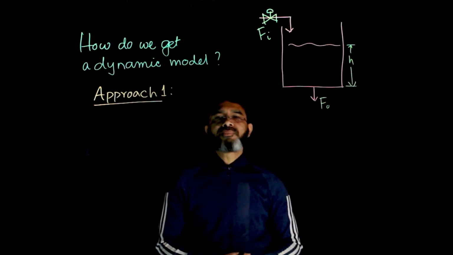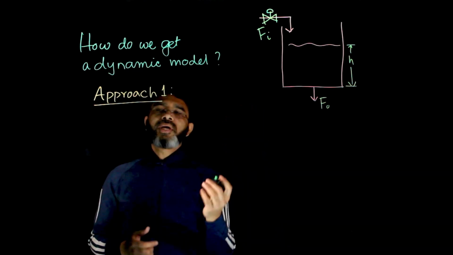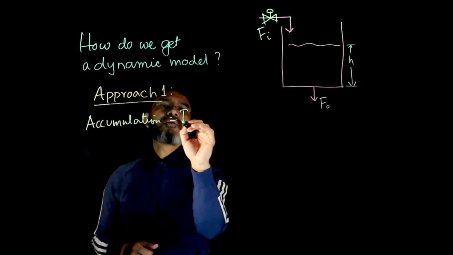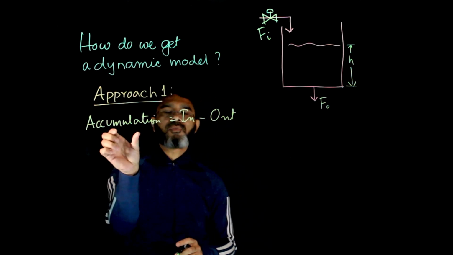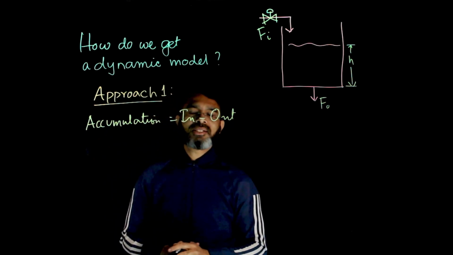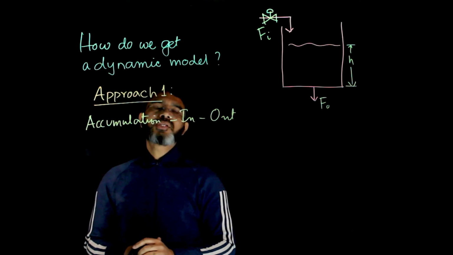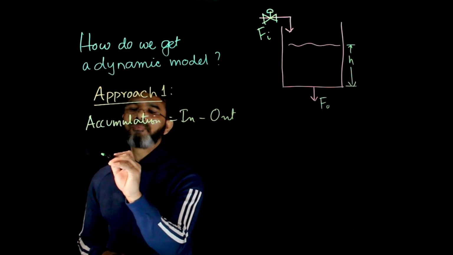In this approach, we'll simply write down the conservation principles to get a model. We write accumulation equals in minus out. I'm writing in short form, meaning the accumulation of mass equals mass in minus mass out. We'll write it down and further simplify, and we'll see later that we can end up getting a model of the form